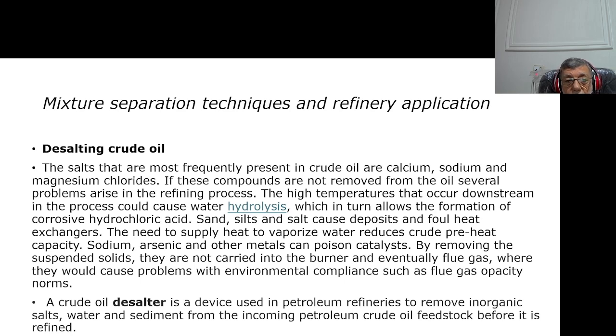قلنا احنا الكرود اويل او النفط الخام يحتوي على املاح، هذه هي املاح الكالسيوم، املاح المغنيسيوم، واملاح الصوديوم، وهذه الاملاح تسبب تآكل وتسبب تجمع او تراكم في انابيب المبادلات الحراريه وانابيب الافران، وايضا تسبب تآكل لانه راح تصير لها هيدروليسيس، يعني تتحلل وبعدين تتحد مع الهيدروجين وتكون لنا HCl اللي هو حامض الهيدروكلوريك، وهذا حامض الهيدروكلوريك يهاجم المعدن في اعلى البرج عندما يوصل للديو بوينت،